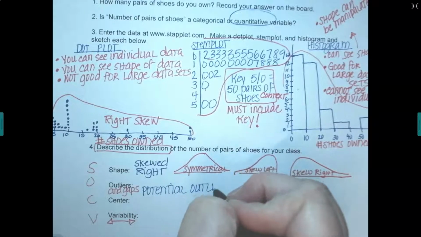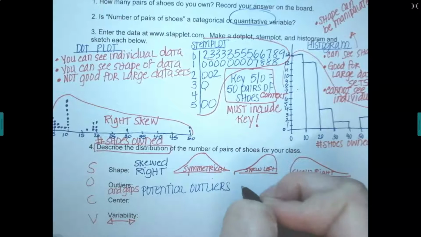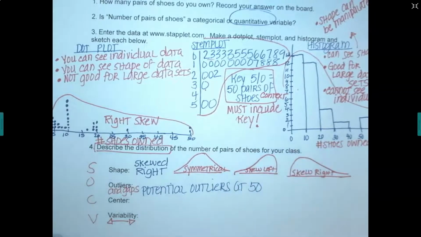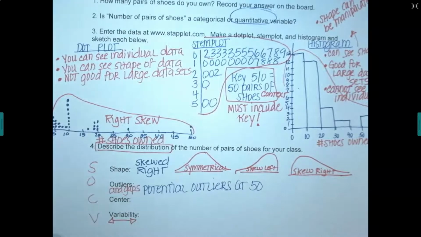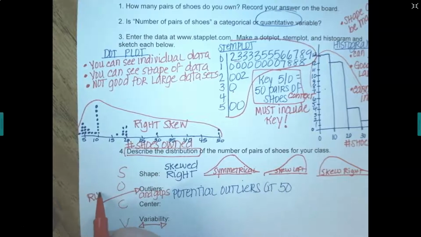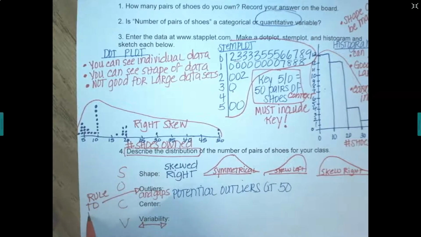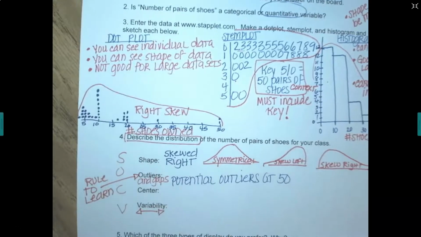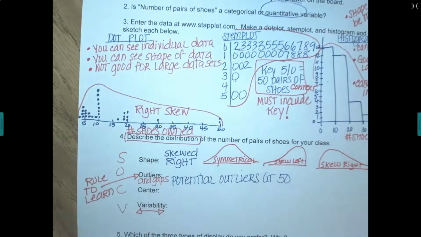Be specific where you think the outliers are. Potential outliers at 50. You didn't say they were outliers, so you could be wrong. They might not be outliers. And there's going to be a rule that we'll learn, but not yet. Unless you've proven that they're outliers, we're just going to say they're potential outliers and where they're